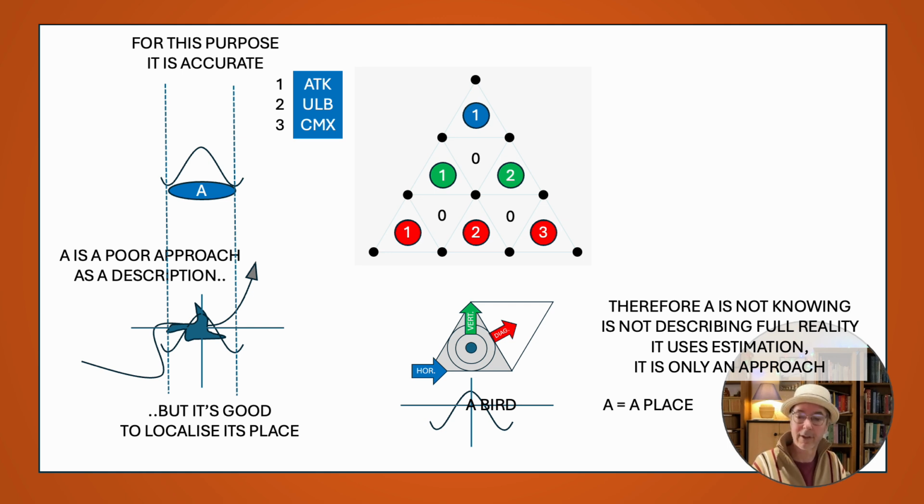So that's the first thing. It is the approach. So the approach is correct. We want to localize it first. This A, we use this vibration of A like a tuning in. We're tuning into the bird. That's our radar going towards it, and we see, okay, it is here in this place. I know it more or less. I localize its place. The approach is limited, but we already can make a description with it which is accurate